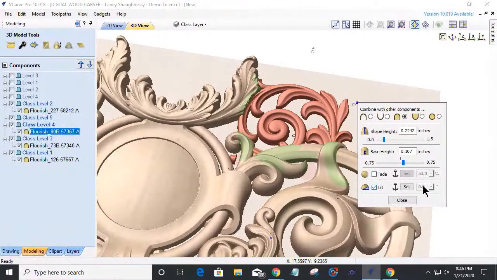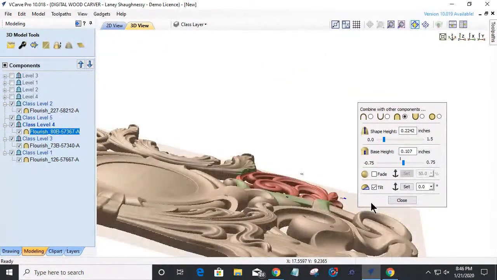And when you tilt, it's like shoving a wedge under the part. The first click is the thin part of the wedge. The second click is the thicker part of the wedge. Just remember that. So when I hit the set button, I have this anchor here. The first part is the thin part of the wedge, which is going to be down here. The second part is the thicker part, which is going to be up here. And if I put some degrees into that and shove that wedge up under that part, raise that end up,